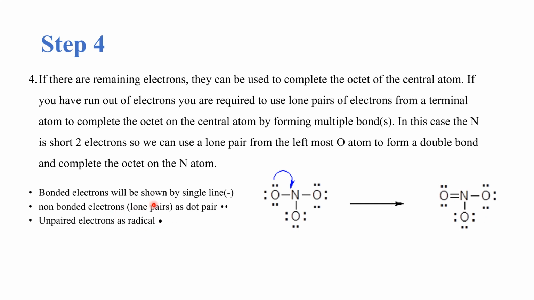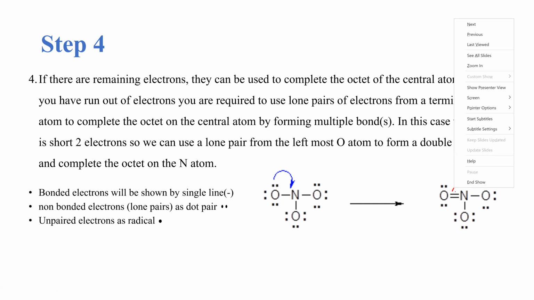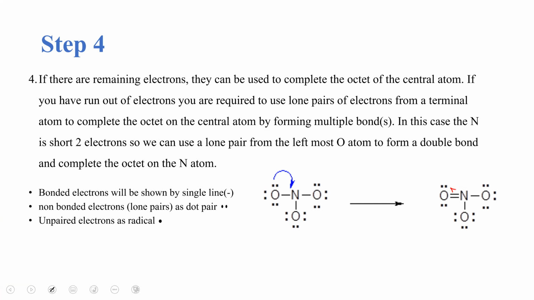So the bonding electrons will be shown by a single line, non-bonded electrons as a dot pair, and unpaired electrons as a radical or single electron. And if you just see this one, now this oxygen has two lone pairs and two bonds with the nitrogen, right? One is a sigma bond, another one is a pi bond. Just to mention this, I could write this one for you, that this is the pi and this is the sigma one, right? So on our next slide, we'll see